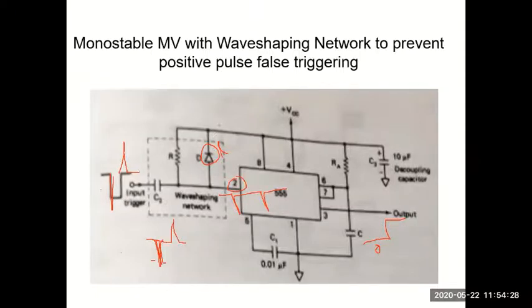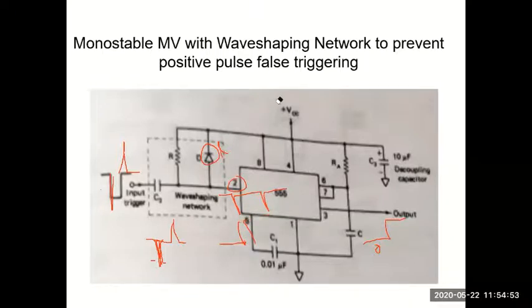All the positive edges will be passed through this diode towards VCC. Okay. So all positive edges are removed. So there is no chance of false triggering now. Here, since I've taken only negative edge, output goes to high whenever this negative edge is there. Output remains in high state for however long it is designed.